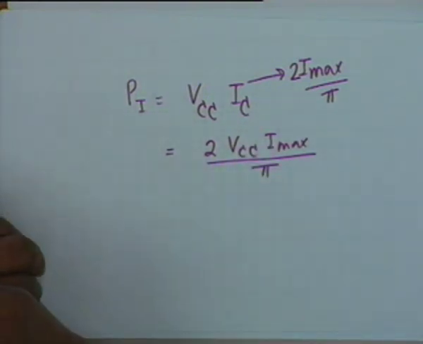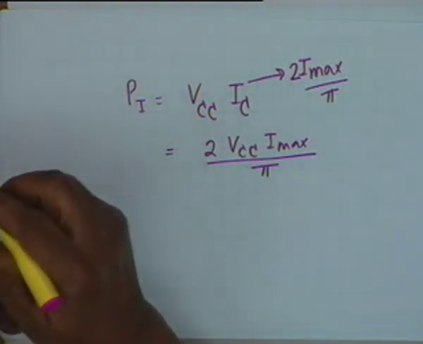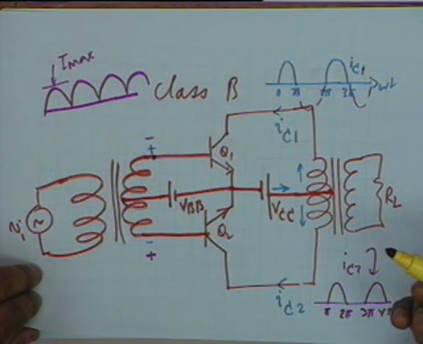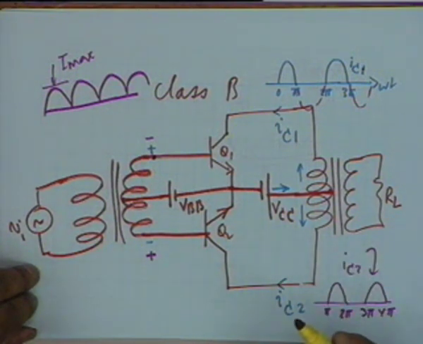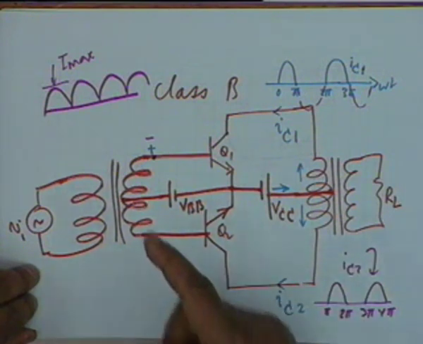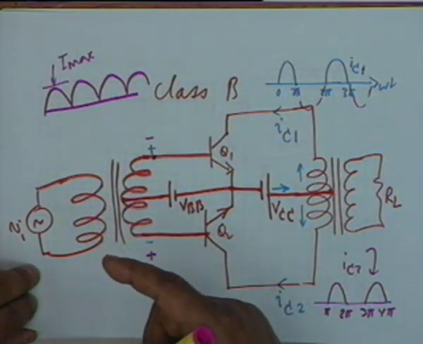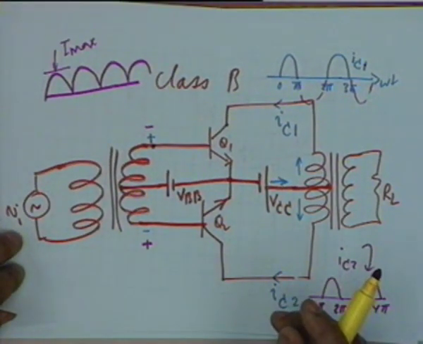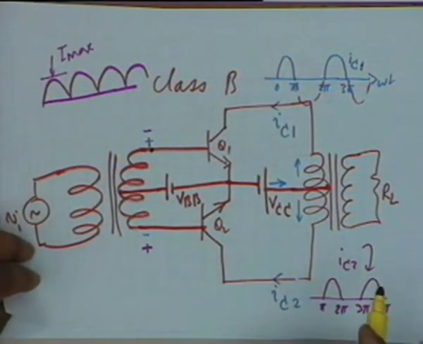What is the relation between VCC and Vmax? If you look at the circuit again, is there any drop here in the transformer? No, and therefore VCC must be the Q point. The DC load line is a vertical load line, agreed? And therefore, is this point clear? VCC is equal to Vmax? No, it is not clear.